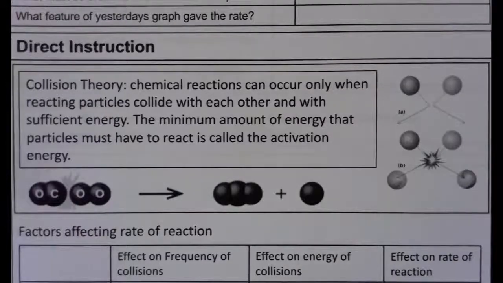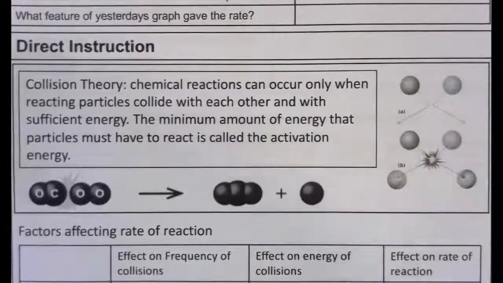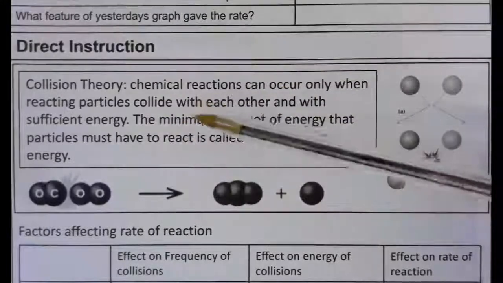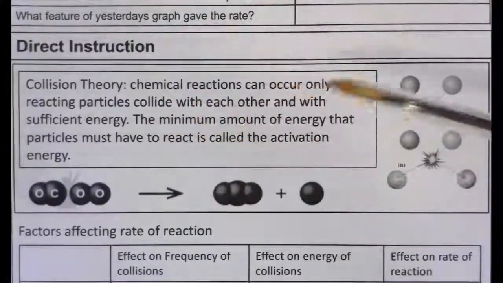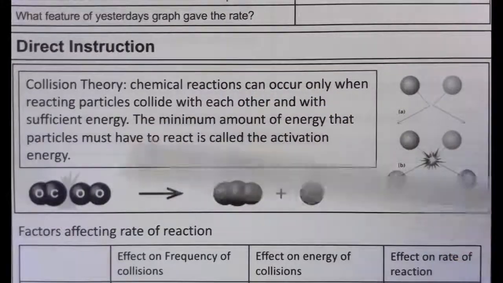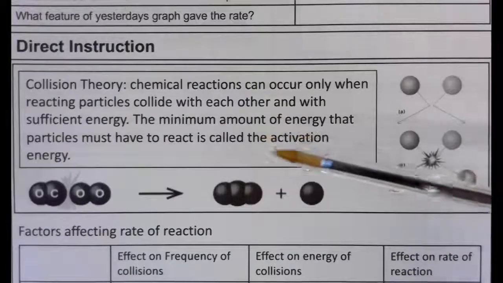Hi, Year 11. Today we're going to look at using the idea of collision theory to explain changes in rate of reaction. We've got a bit of a definition here. It says that collision theory states chemical reactions can only occur when reacting particles collide with each other and with sufficient energy. It also states that the minimum amount of energy that particles must have to react is called the